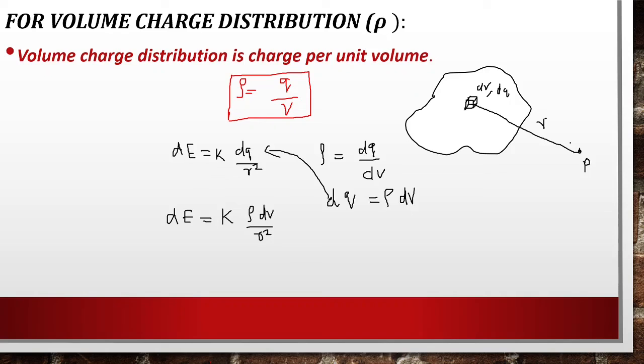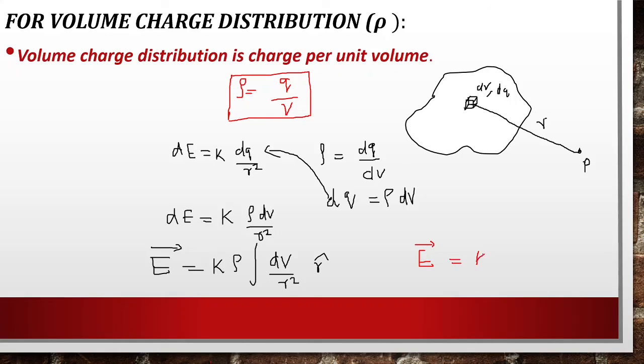Now we should find the electric field at point P due to this whole volume, right? So we should integrate it. So by integrating we will get E is equal to K comes out, rho comes out, dV by R square. If it's in vector form, we should put it as R cap here. So let's write it with our red pen. Yeah, E is equal to,